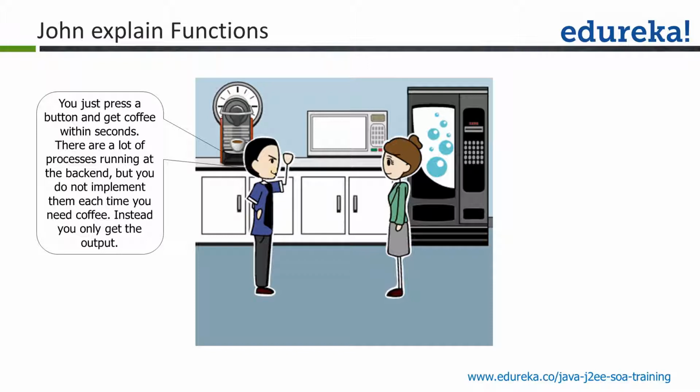For example, if I need to drink coffee, the milk should come in if I want it, then the coffee should come in. There should be mixing of milk, coffee and the water in case I want that kind of combination, and thereafter I'll be getting the coffee in the cup. So in the background there are various processes happening. Every time I want to drink coffee, the same processes are supposed to be executed. Instead of writing all these operations again and again,